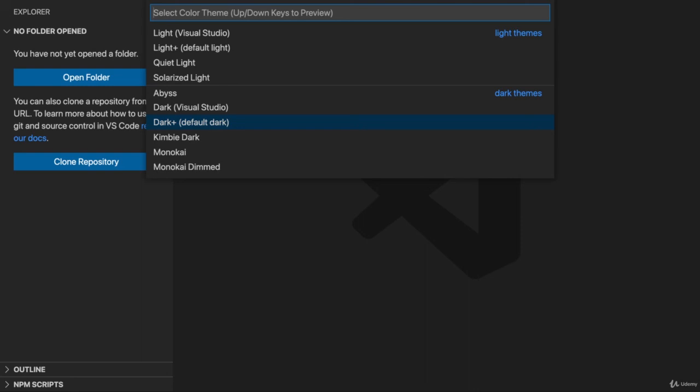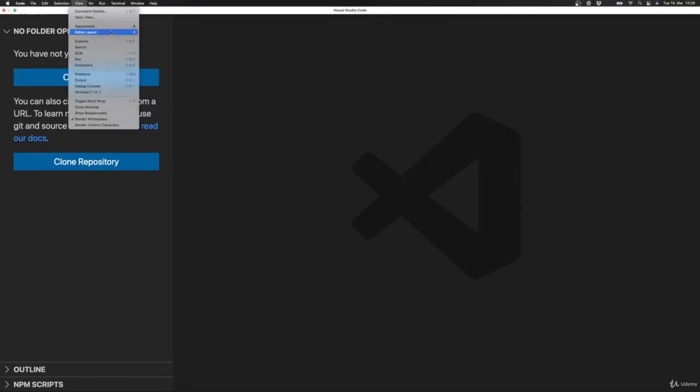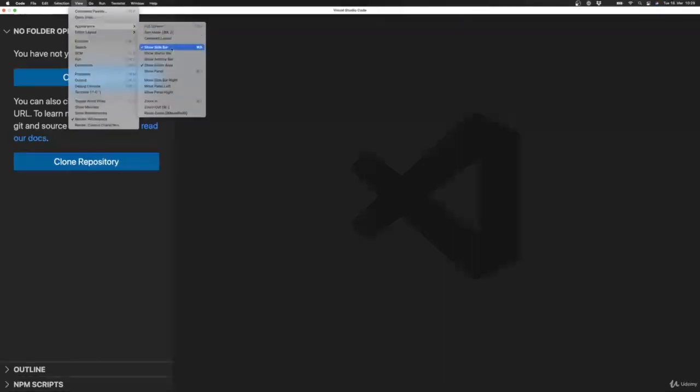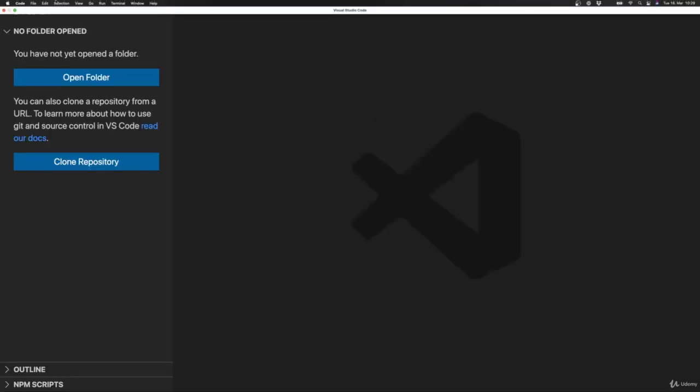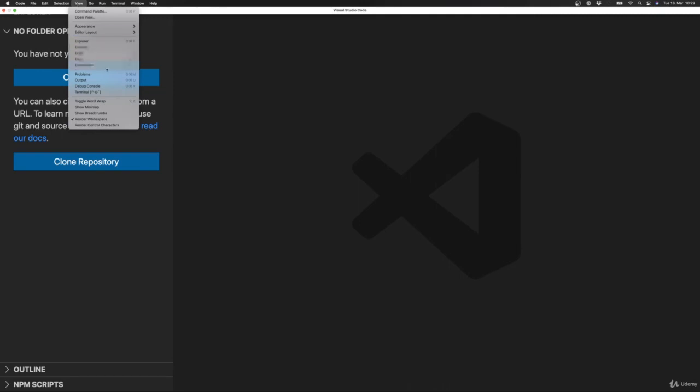Throughout this course, I will also be a bit zoomed in. Of course, that is something I'm just doing here for this course so that you can view my code without issues. I will also sometimes remove this sidebar, which you can do with View, Appearance, Show Sidebar, or with the shortcut you see here. Now, in addition, the great thing about Visual Studio Code is that you can install extensions